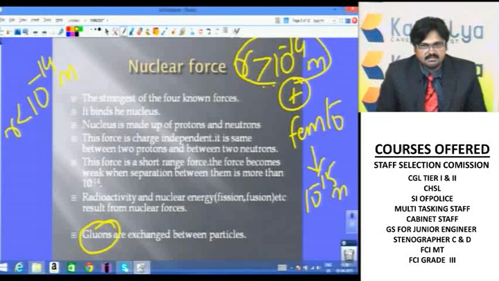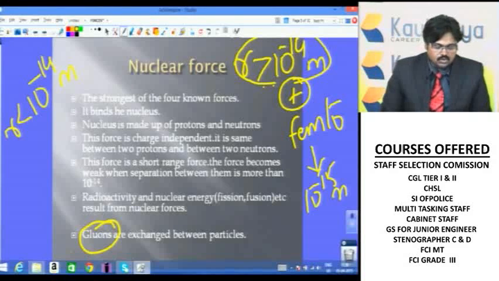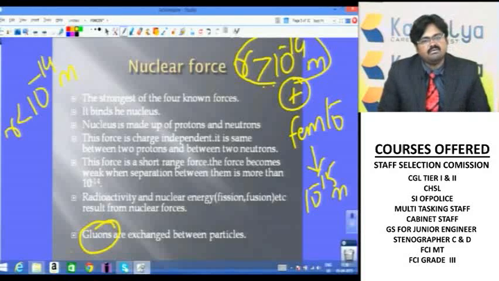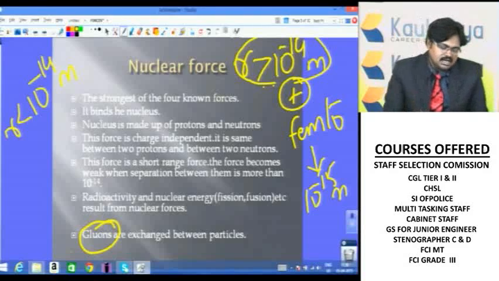So what are the exchange particles here? The exchange particles are gluons. Okay, these are very short range forces. They arise only when the distance is less than 10 to the power of minus 14 meters. Now the last force,